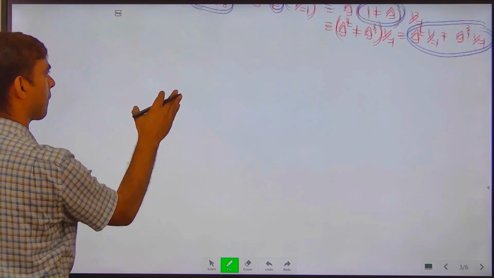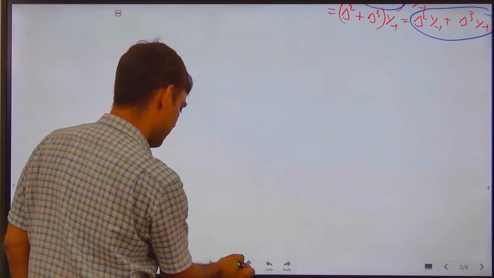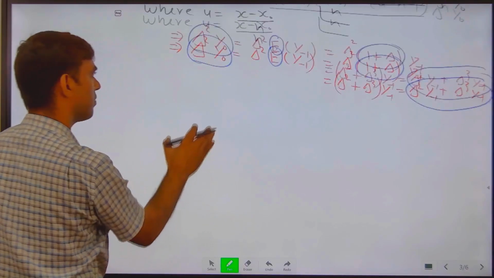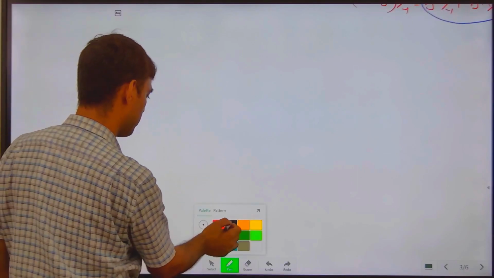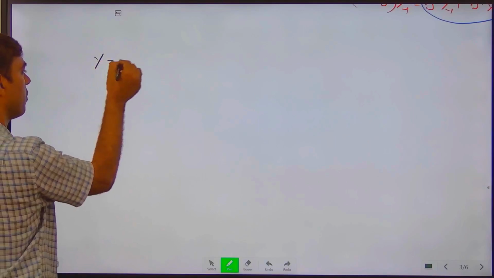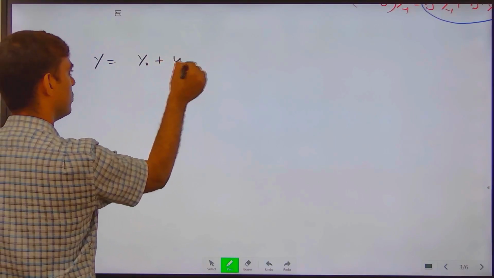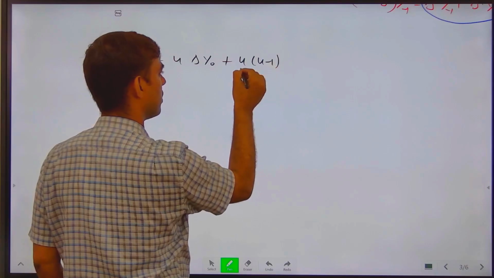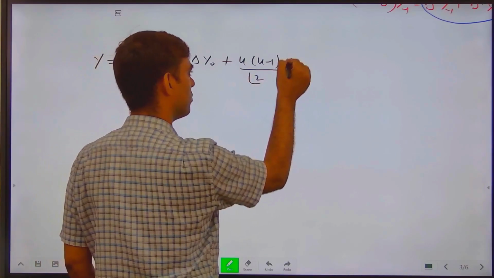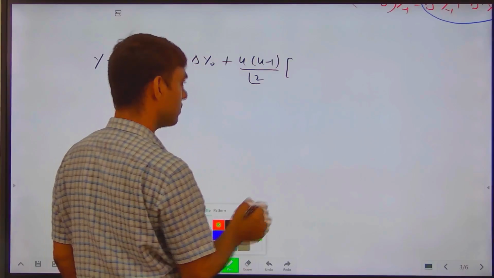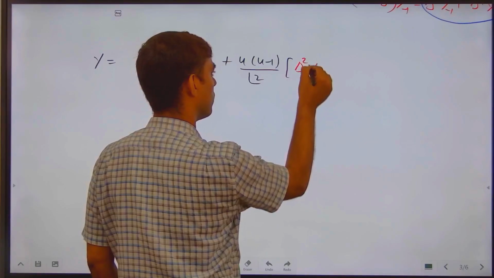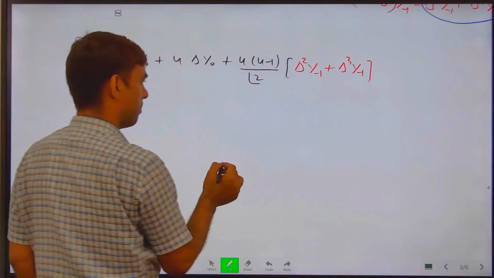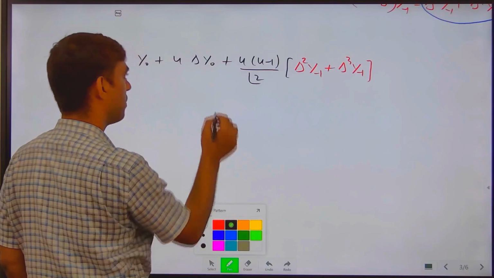then after putting the values here, the Newton forward interpolation formula becomes y equals y0 plus u del y0 plus u minus 1 upon factorial 2, and this becomes, here we write del 2 y minus 1 plus del 3 y minus 1, plus, if we write another term,